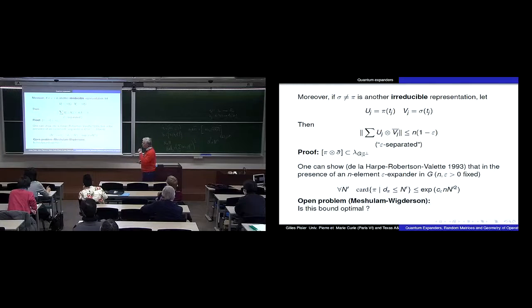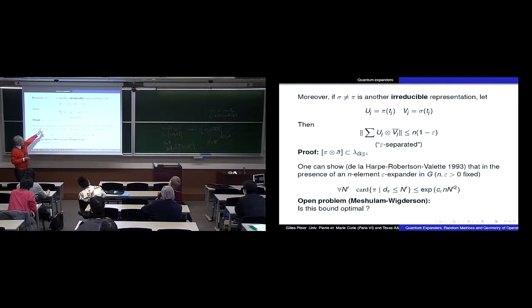Okay, but there's more, which is important for what I want to present. Another important property of irreducibles here is that if you have two irreducible representations which are distinct as representations, where distinct means not unitarily equivalent, of course. So if you have two distinct ones, and now you play the same game, that is, you apply them to these generators, and you form your unitaries associated to these two representations. So then